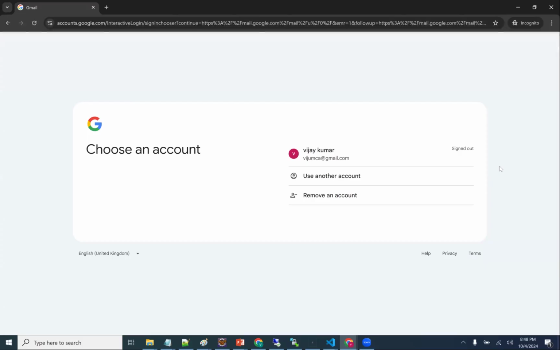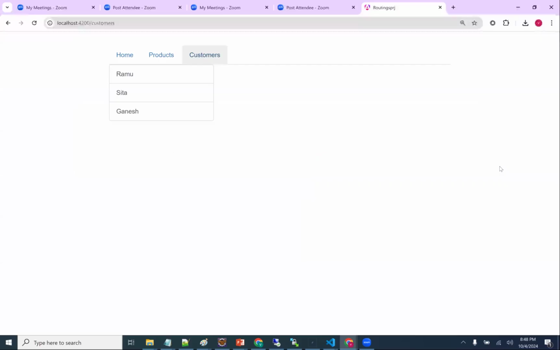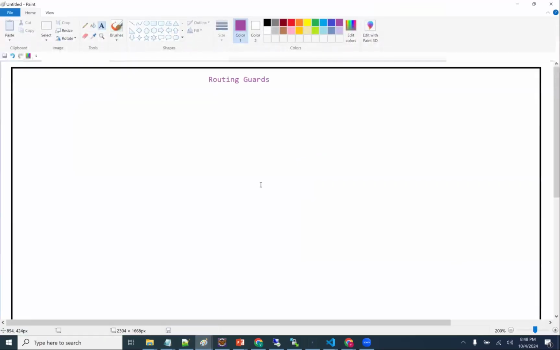If anyone knows my username and my password, they can open it. If I know any other credentials, I can open it. I need a username and password, right? Can I say that is a protection, guys? Yes or no? So, what is the meaning of routing guards here? Routing guard is an Angular implementation.